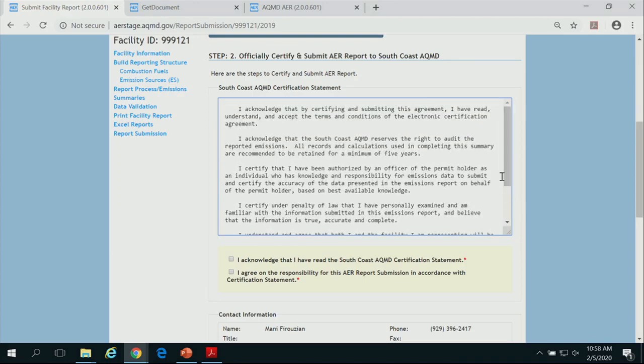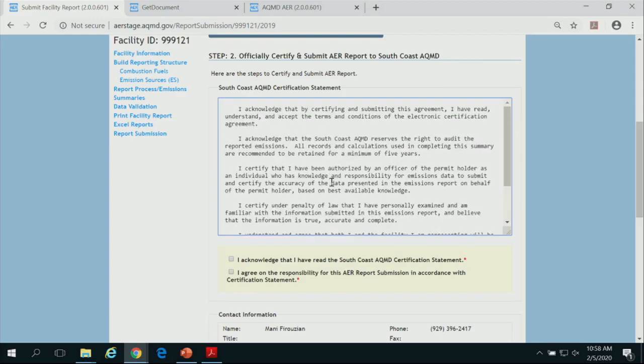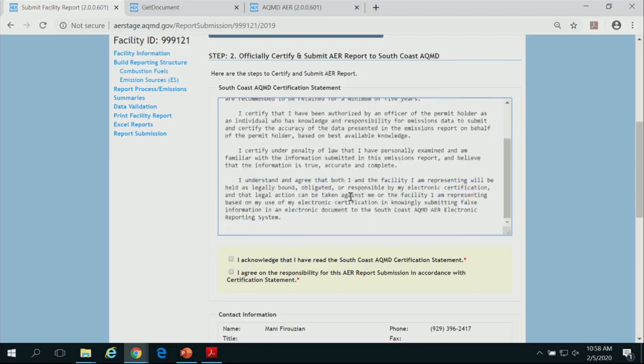So basically, the way the submittal function works, for you to submit, you need your facility PIN and you need your password. Your consultant can submit it if you have that information. By putting in these statements, you acknowledge that, hey, I am the person that is supposed to submit this. I have the authority. I'm the authorized person. And certain other disclaimers. So do read this and make sure when you press submit, you're the right person to submit, because you have that capability, but make sure you're the right person.